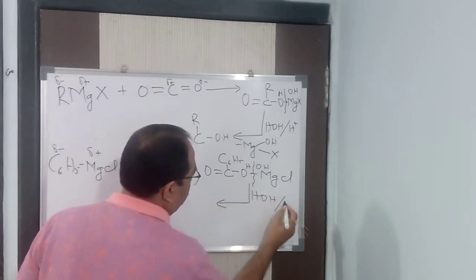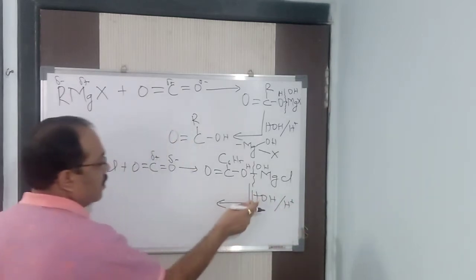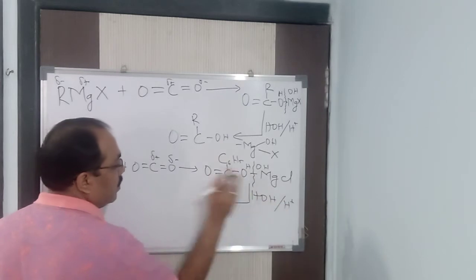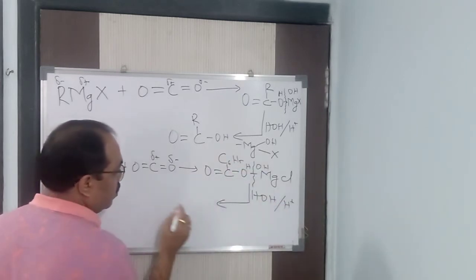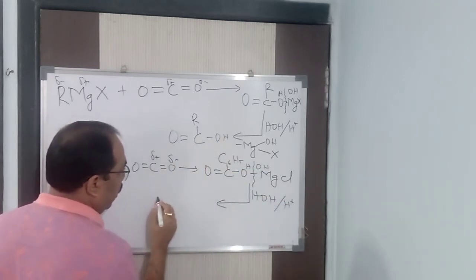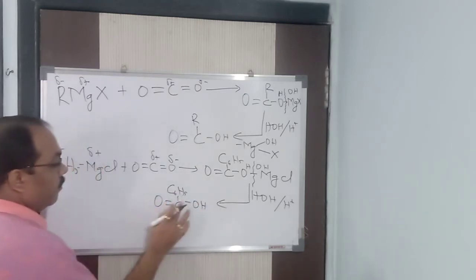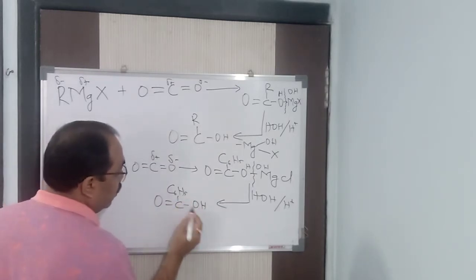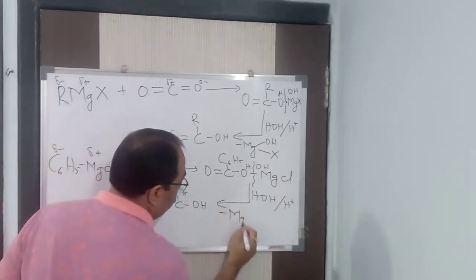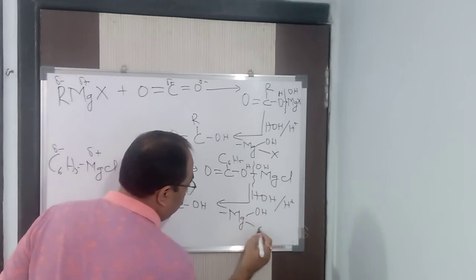Why is the cleavage going to take place? Because the next step is hydrolysis of water in the presence of an acidic medium. So here H and OH are going to come just like this. I have written it already. So what I am going to get as the product is O, C6H5 and OH. Got it? And the secondary product is Mg, with one bond to OH and another bond to Cl.